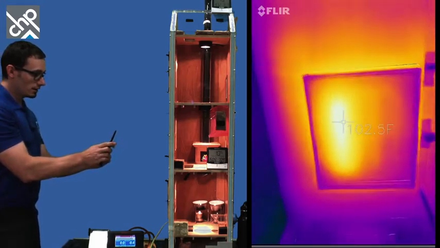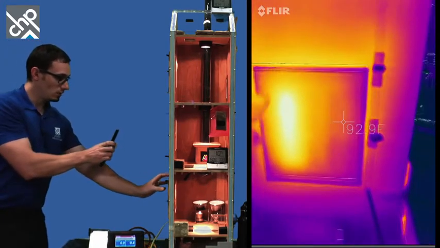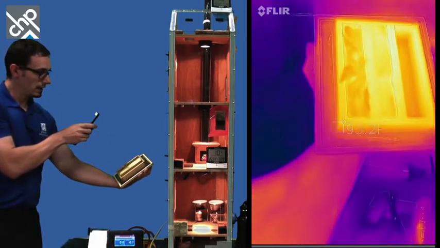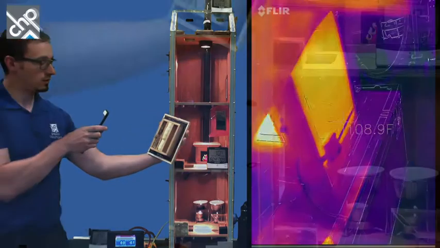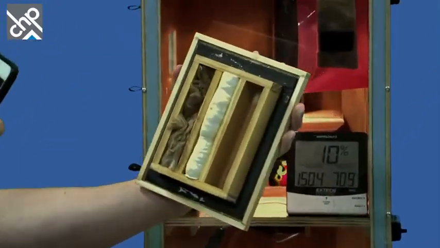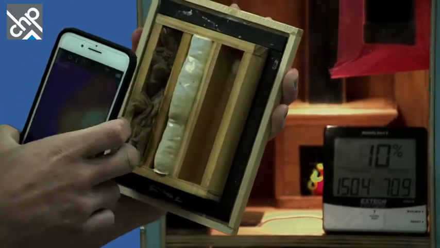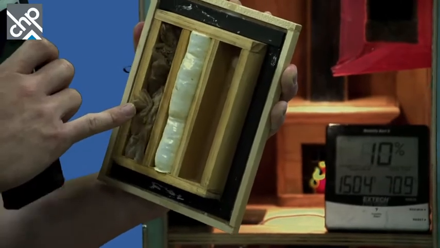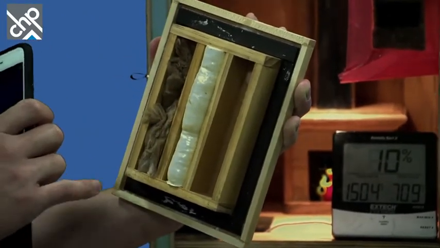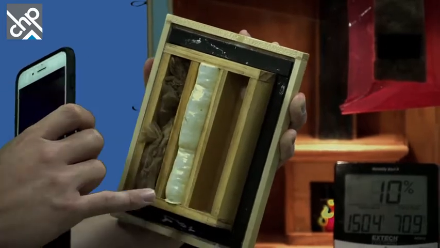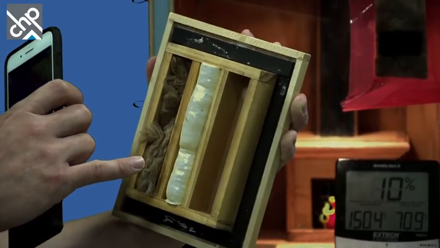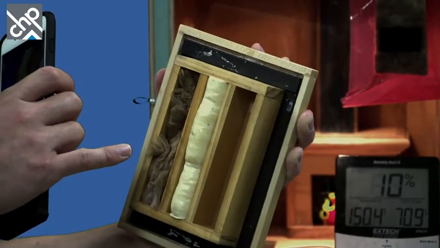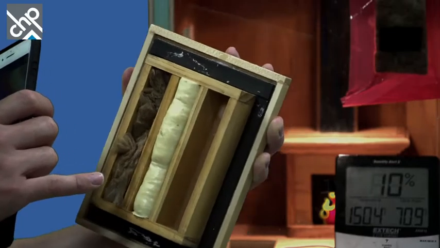So if I take my wall section out and flip it around, I can actually see, just like we saw, there's an empty wall cavity. There's some spray foam in one wall cavity, and some unfaced fiberglass batt in another wall cavity. And this wall is made out of wood. So it looks like our framing is giving us a little bit of R-value, a little bit of conductive heat loss protection. I'm going to put this one back